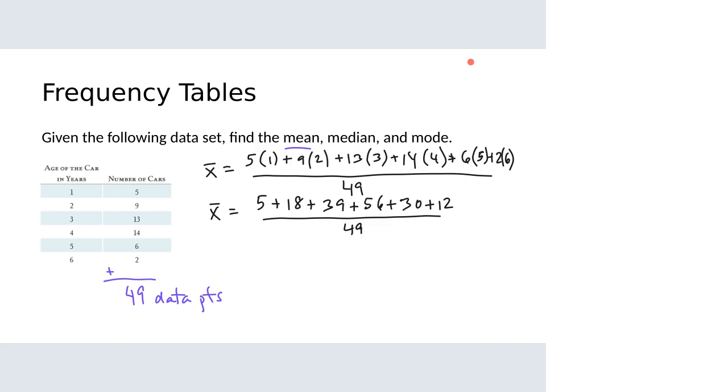So now we need to add all those up that are on top. That's 5 plus 18 plus 39 plus 56 plus 30 plus 12. That's 160 divided by 49. This didn't tell us where to round. I'm going to go ahead and say let's round to the nearest hundredth. We'll do that division, 160 divided by 49, and get